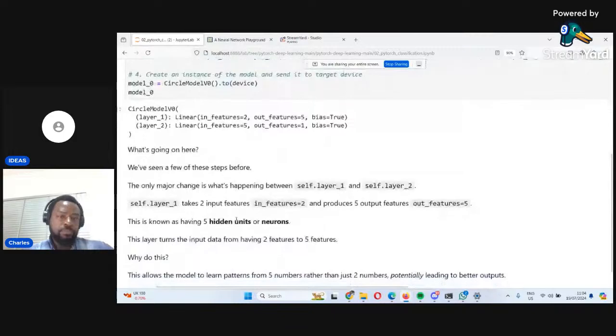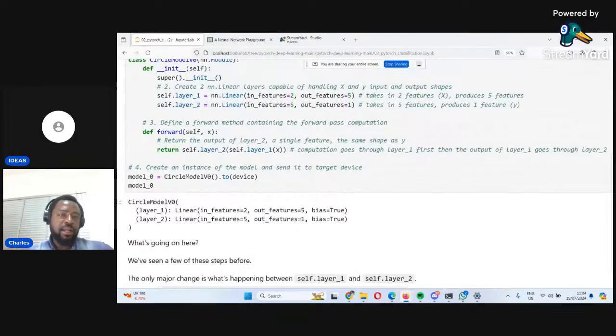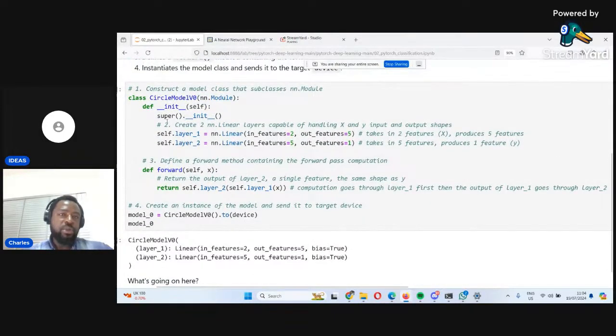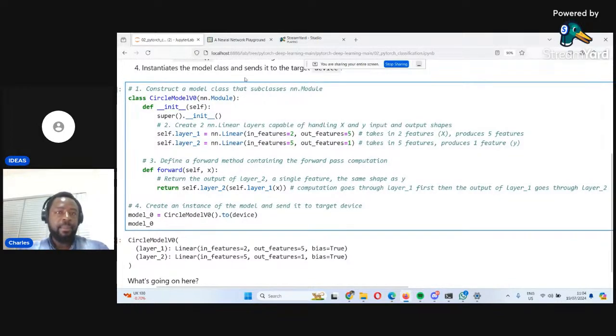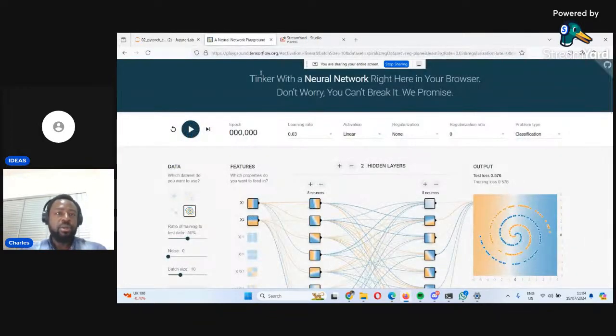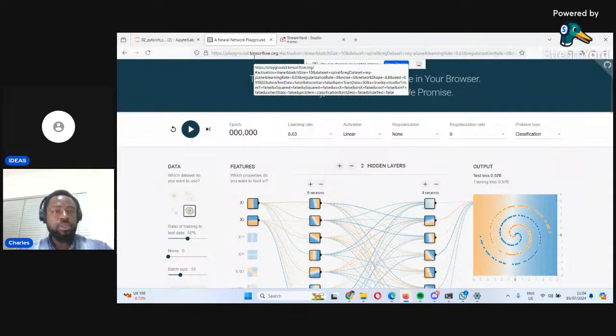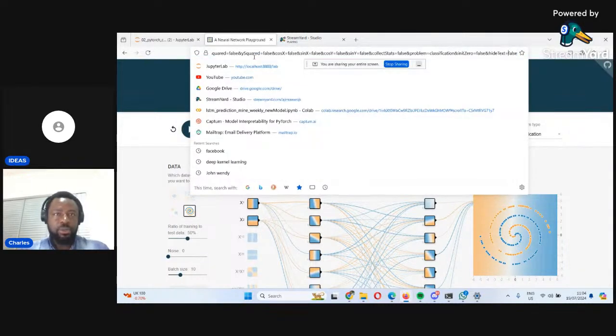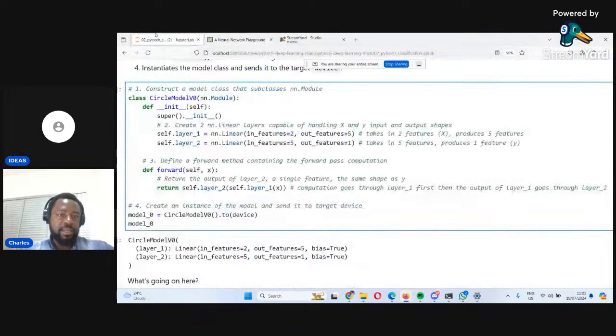So you might want to visually look at what is going on here. For this, I'll move to this page. Let me post this link. You can also use this to visualize what is actually happening. This is a tool for visualizing what we are doing, just to give you an idea. So if you have your phones with you, you can check